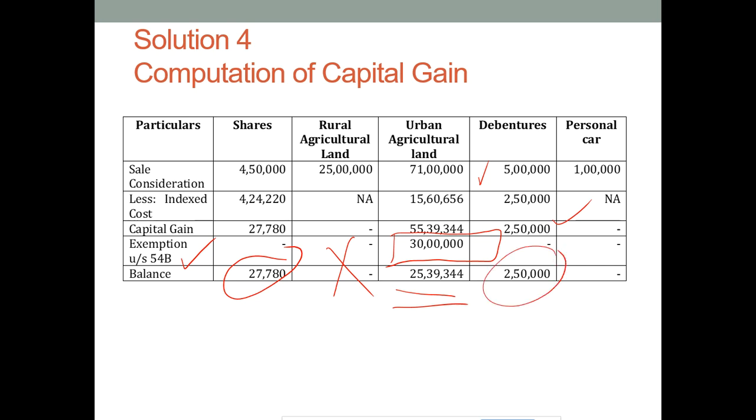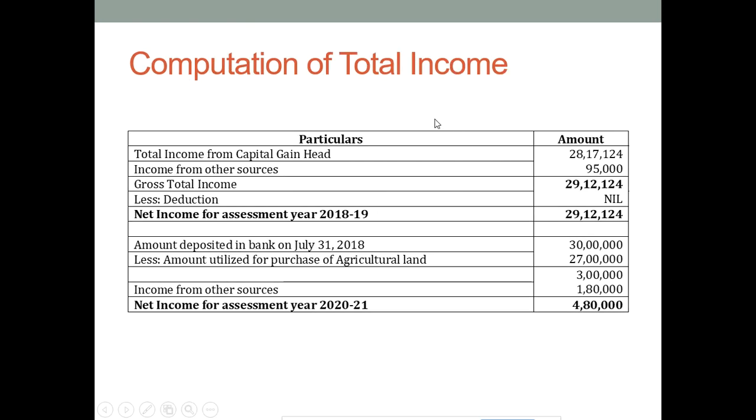Personal car is a personal effect. It is not taxable as it is not a capital asset. Now let's see the computation of total income. Total income from capital gains head is 28,17,124. Income from other sources is 95,000. Gross total income is 29,12,124. There is no deduction. So taxable income for the assessment year 2018-19 is